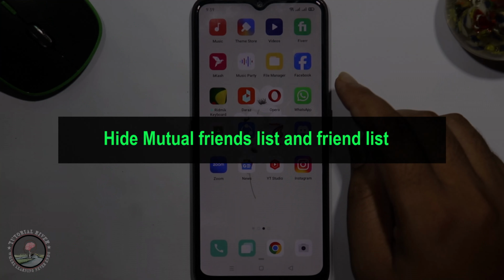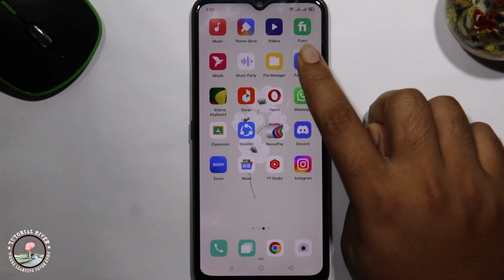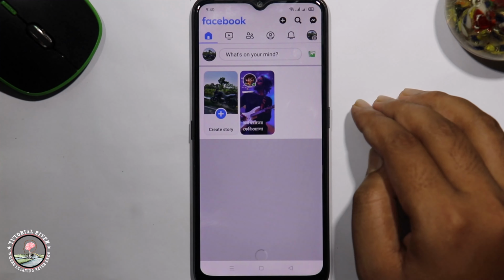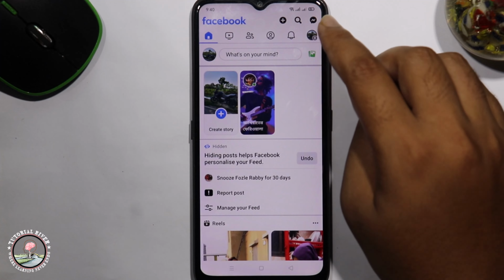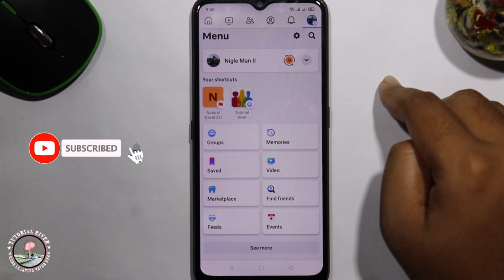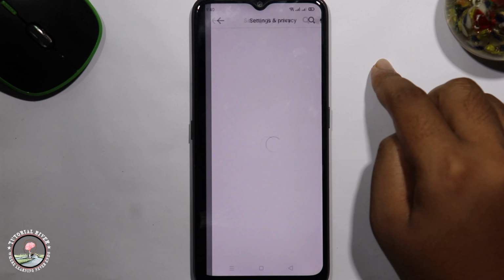In today's video I'm gonna show you how to hide your mutual friend list and friend list. So first of all, open your Facebook app, look at the right side, tap on the three lines. After that, click on the settings icon,